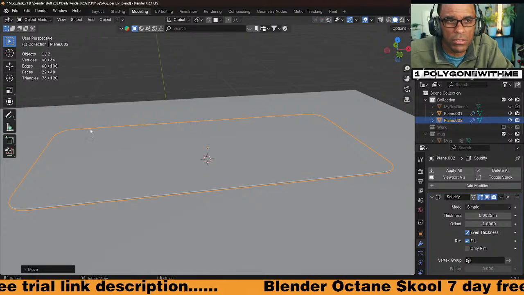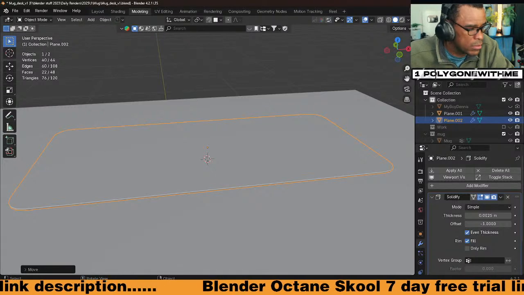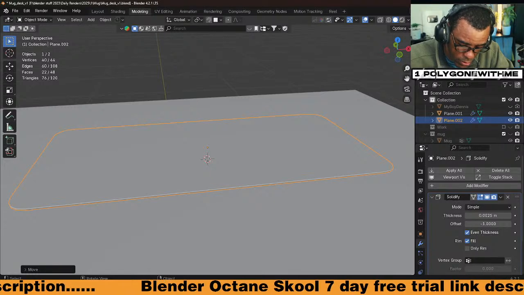What do you want to do for monitors? I don't want to model anything. Um, let's just go to Blender Kit and see what we got. If we can get some free ones from Blender Kit.